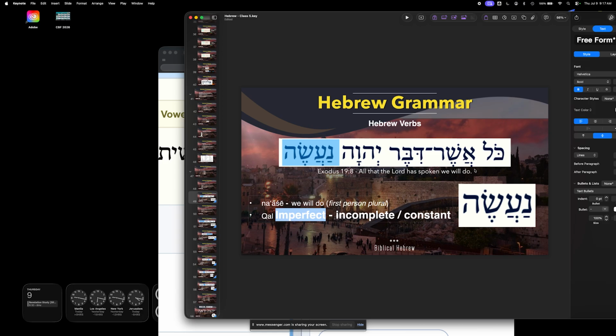They made it a future tense. We will in the future do whatever God has said. That's actually not the verb that's there. The verb that's there is imperfect. The actual meaning of that is we are going to continually do all that God has said. We are going to continue to do, imperfect, at all times, whatever God has said to do, which is interesting